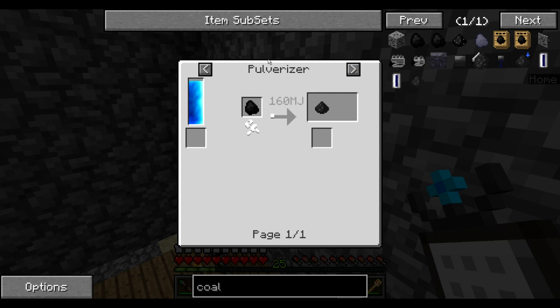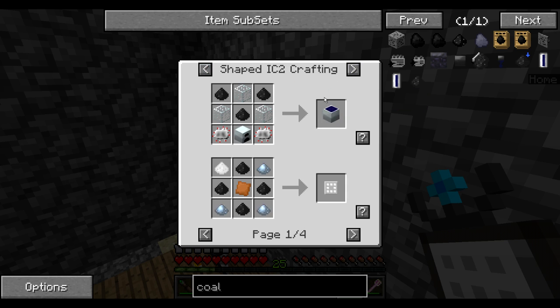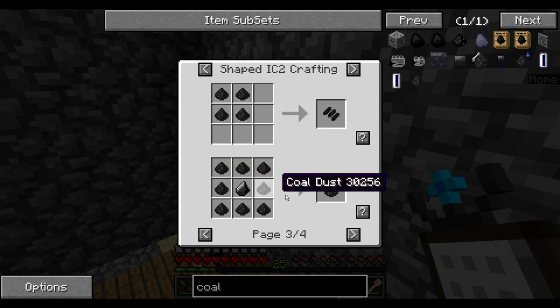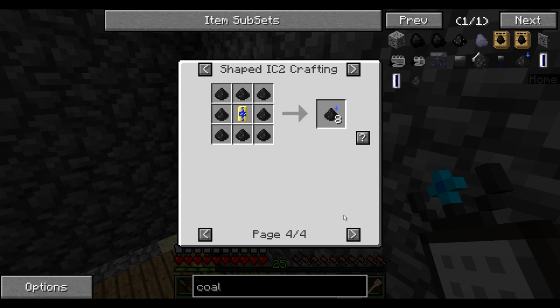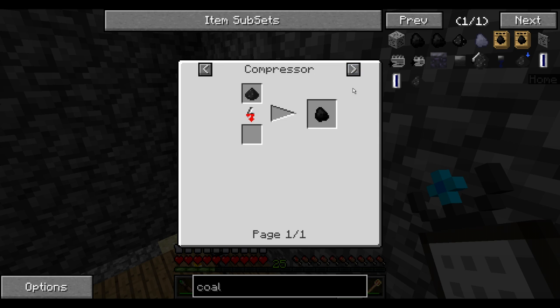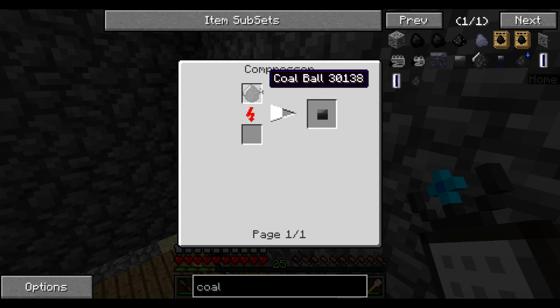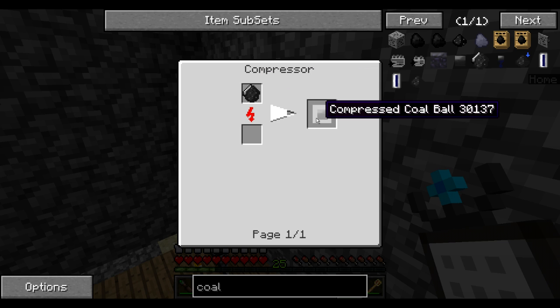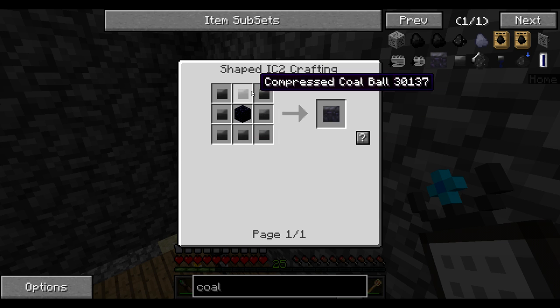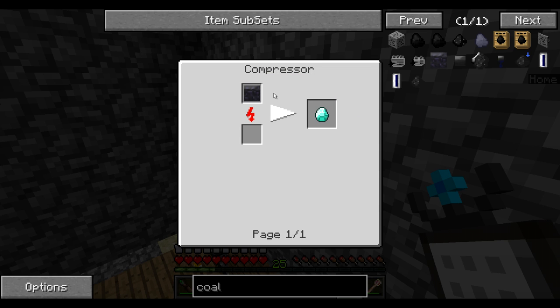So the way it works, you can pulverize or macerate coal into coal dust. Using coal dust with a flint in the middle, so 8 coal dust and a flint gives you the coal ball. Okay, so the coal ball can then be compressed into a compressed coal ball, and 8 of those with the use of obsidian gives you a coal chunk,